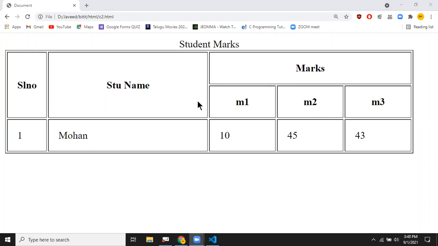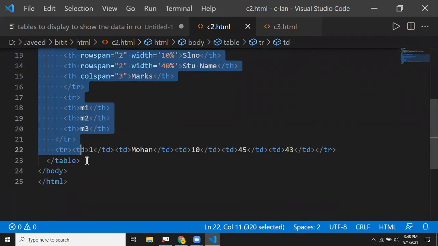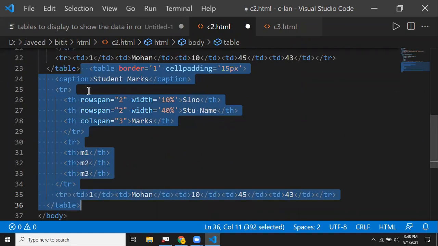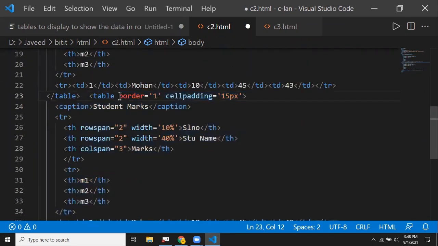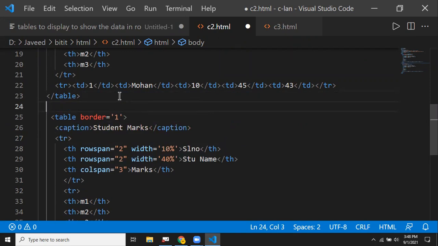Okay, let me show you one more example. I'll copy the same table so that we can see the differences. For one, I'm not giving the padding. For the other, I'm giving the cell padding. I'll label it paragraph without padding.